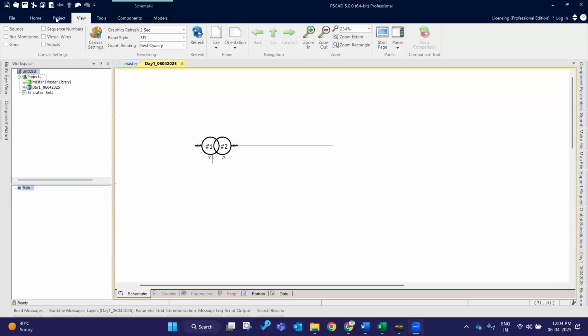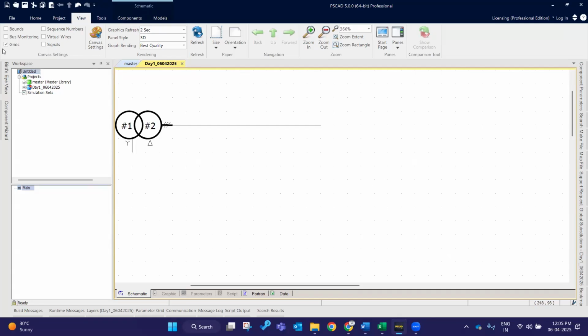clear. So the view option in the ribbon control bar has many options: bounds, sequence number, virtual wires, grids. Grids means, see, now the workspace is plain. Upon giving the grid, let me zoom in and show. I think the grids are visible here, right? A data-like structure. Let me disable this first. You can see an empty workspace. So upon enabling the grid,